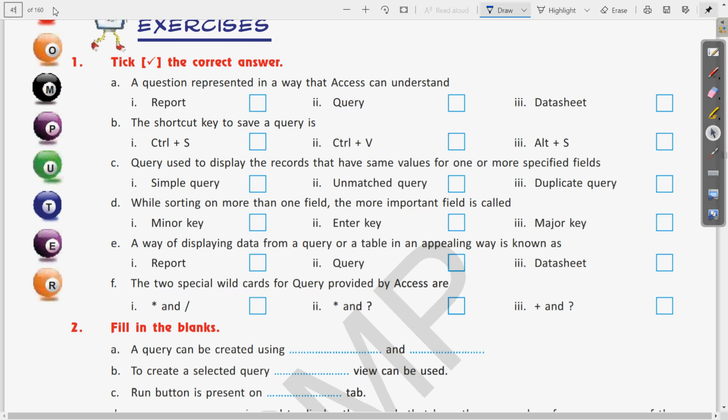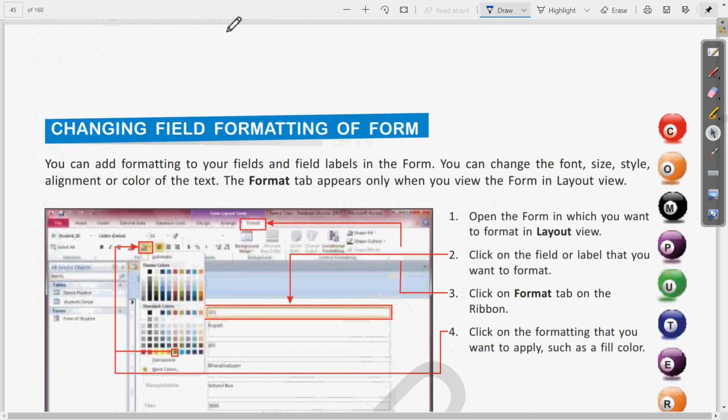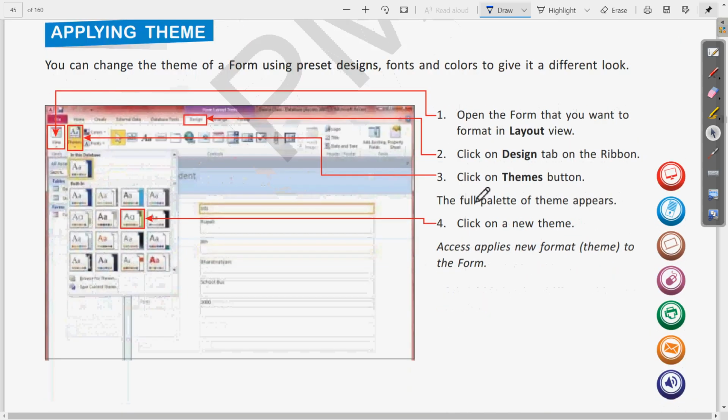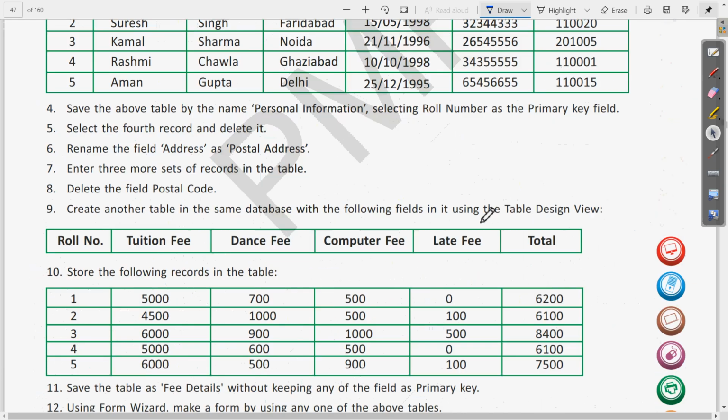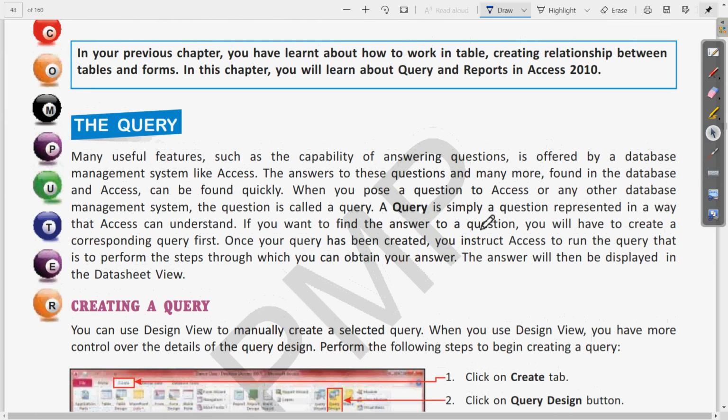If I come to page number 45, okay, that was the previous chapter. Here it is on page number 48. The question is, what do you understand by query and what are the different types of query. So first question is, what is query?